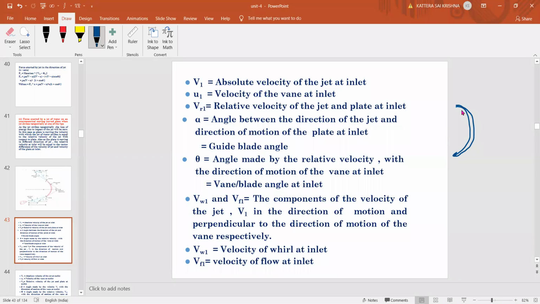So this is our blade. Let us assume this is the inlet tip of the blade. First thing you have to do is draw V1 like this. So this is the inlet velocity of the jet, V1. But this velocity cannot hit directly here. So first draw a horizontal line for drawing the angle. It is coming with an angle of theta, sorry, alpha.